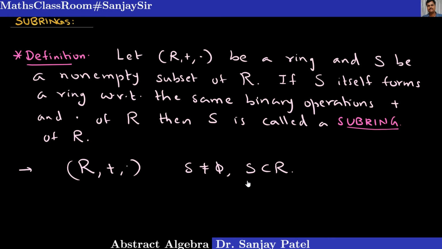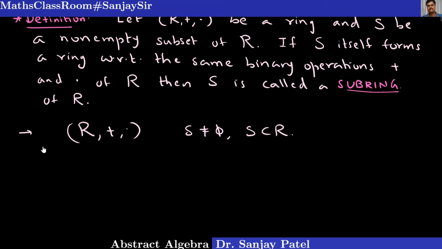But before we take any example, let me give a very nice and helpful result which helps us reduce our work. Instead of checking all the 8 conditions, it is sufficient to check only 2 conditions, and that we are going to prove as a very important theorem about subrings. So this is a basic theorem about subrings, and it says